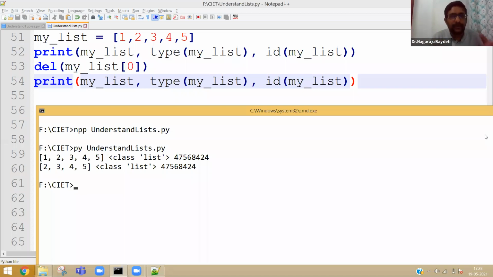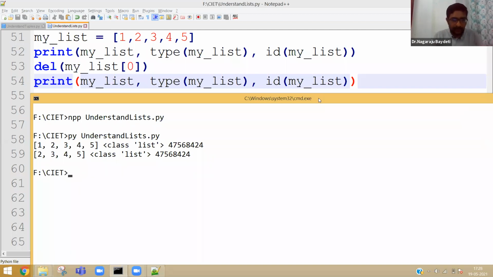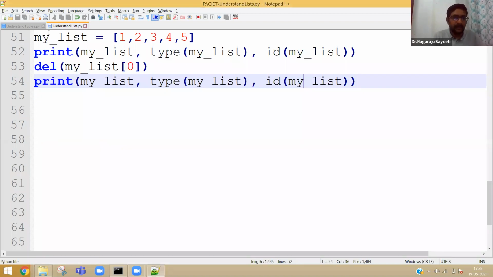Only the first value is deleted. This is also another property of a mutable list. We can delete an item from the list as the list is mutable. But the same thing you cannot do in the tuple. I hope you guys are following me.